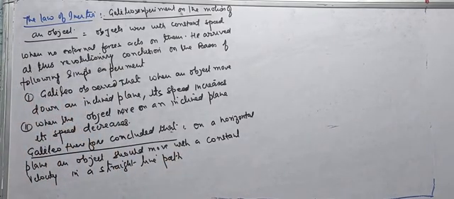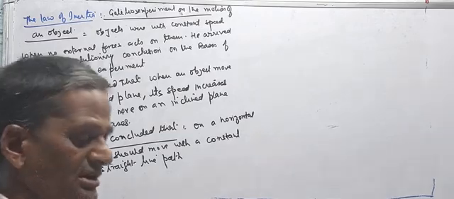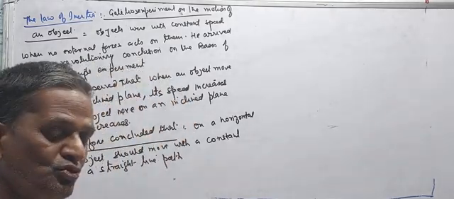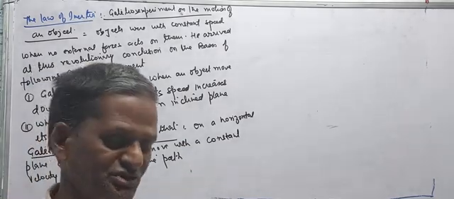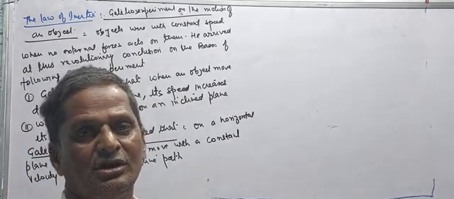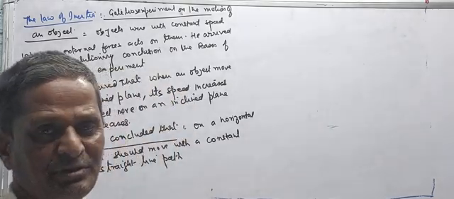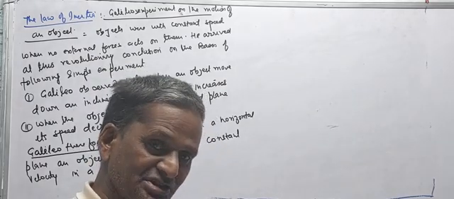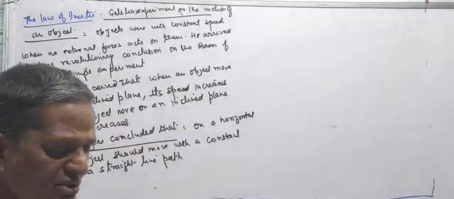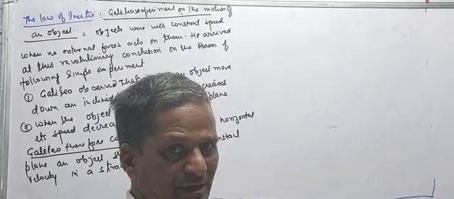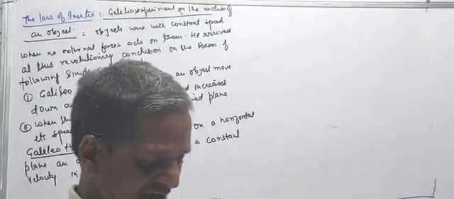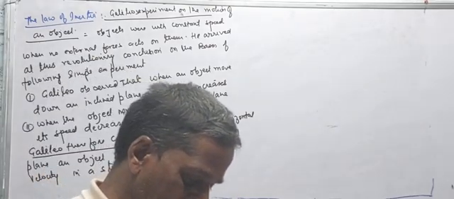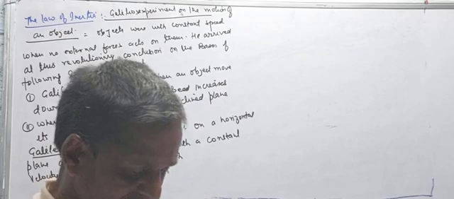गैलीलियो ने ये ऑब्जर्व किया कि यदि एक तिरछे प्लेन पे कोई वस्तु ऊपर की तरफ गति कर रही है तो इसकी स्पीड घटेगी। और एक इंक्लाइंड प्लेन पे, एक तिरछे प्लेन पे कोई वस्तु नीचे की तरफ गति कर रही है तो इसकी वेलोसिटी बढ़ेगी। इसके आधार पे गैलीलियो ने एक रूल दिया कि यदि कोई वस्तु एक हॉरिजॉन्टल प्लेन पे चल रही है, तो इसकी गति सीधी रेखा में एक समान बनी रहेगी।